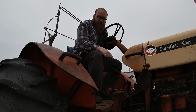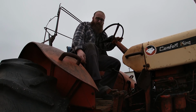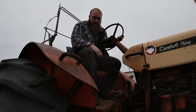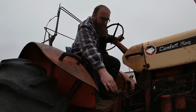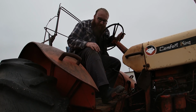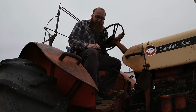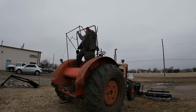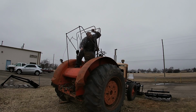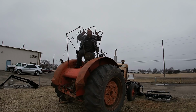One crazy feature that this thing has is a left brake and a right brake. And if you want, you can put the pin through both of them and have both brakes. That's just the craziest thing I've ever seen in my life on one of these types of tractors. I'm not really too sure what this thing does. It looks like it could have been some kind of picnic umbrella, or I'm not too...